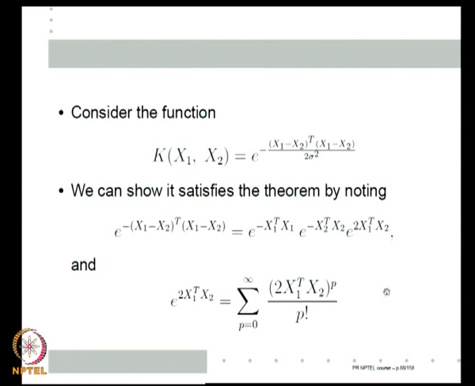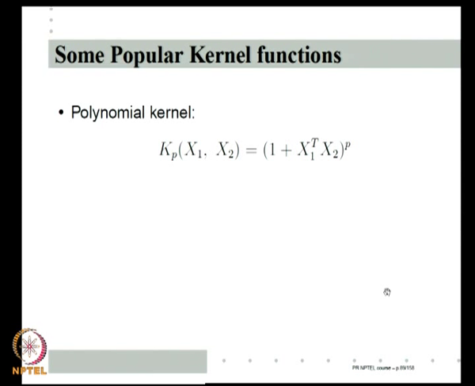So, let us put all this together to look at the kernels. These are some of the very popular kernels one uses with SVMs. One is called the polynomial kernel Kp. Kp of x1, x2 is defined to be 1 plus x1 transpose x2 to the power p. As you have seen, this gives you a polynomial of degree p. This is called the Gaussian kernel, which you have just considered: e to the power minus norm of x1 minus x2 whole square by some constant, normally written as sigma square or 2 sigma square.